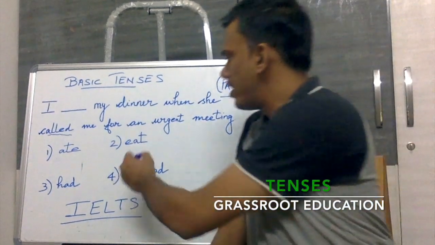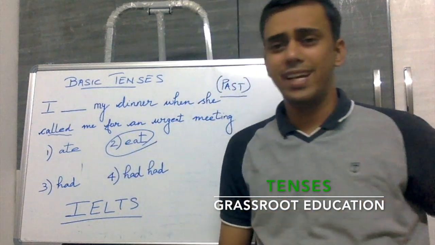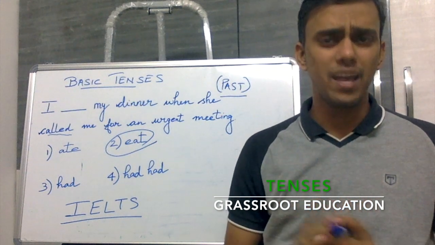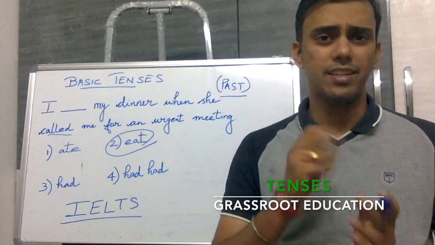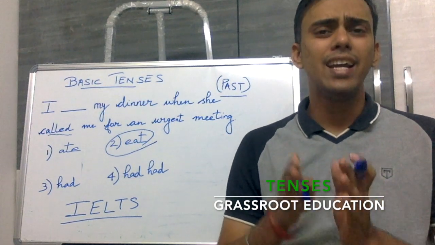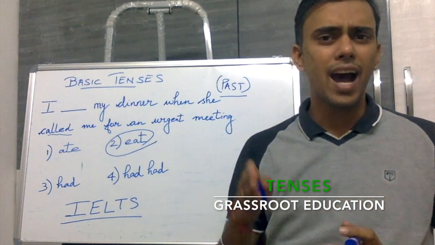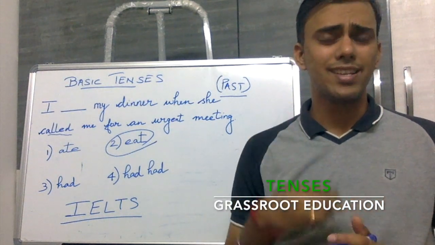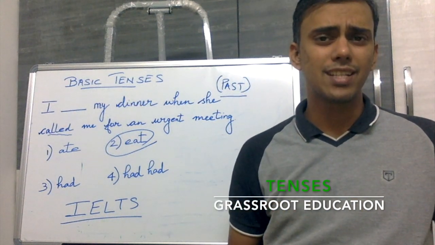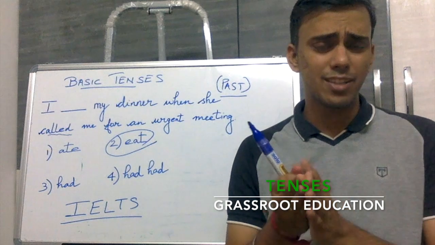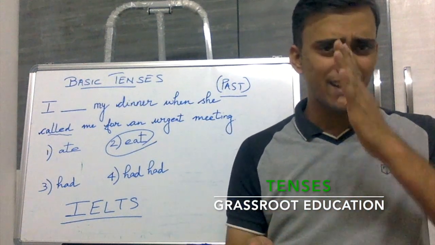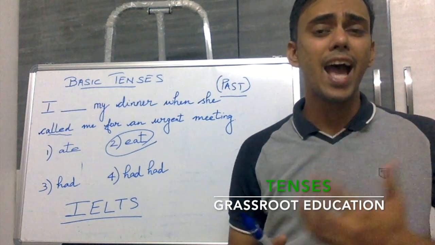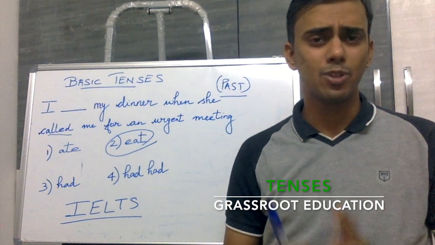If you look at option number 2 here, it says eat. Eat is an irregular verb and is used in simple present. I would say, I eat mushrooms. I eat cauliflower. Simple present. Now, some of you might have this doubt that isn't a present tense something that is going on right now? Something that is going on at this moment? Well, that is called present continuous. I am eating dinner.